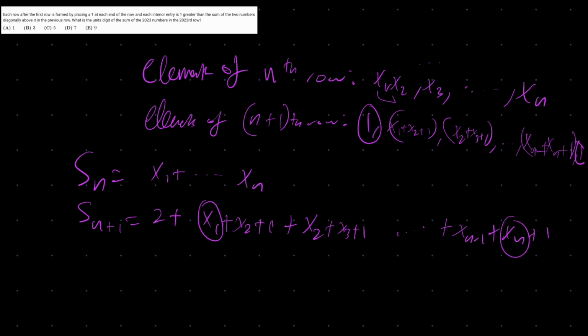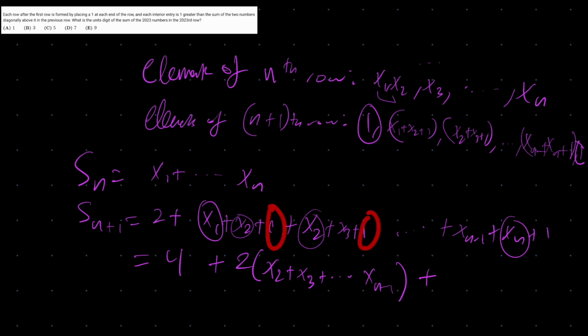Remember, x1 and x_n are actually the endpoints of the nth row. So they're both equal to 1. So this is equal to 4 plus, and then we can deal with these. We have 2 x2s, we have 2 x3s, plus 2 times (x2 plus x3), and we also have through x_n minus 1 plus x_n minus 1. And then now we just have to deal with all of these stray ones that are hanging around